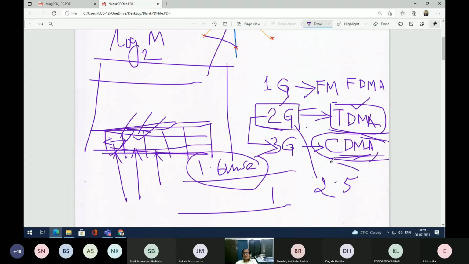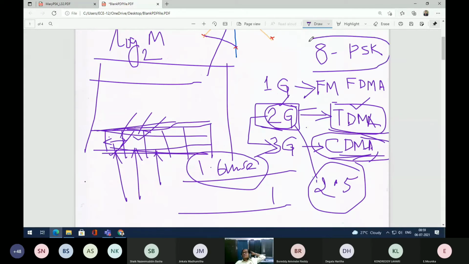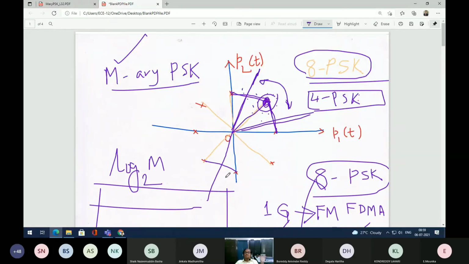In 2.5G, not many major changes. In these 2G standards, to increase the data rates, they have gone for 8 PSK. In 2.5G, 8 PSK is predominantly used. Please remember, in 2.5G, to increase the data rates, 8 PSK has been incorporated and deployed. So that is its importance.